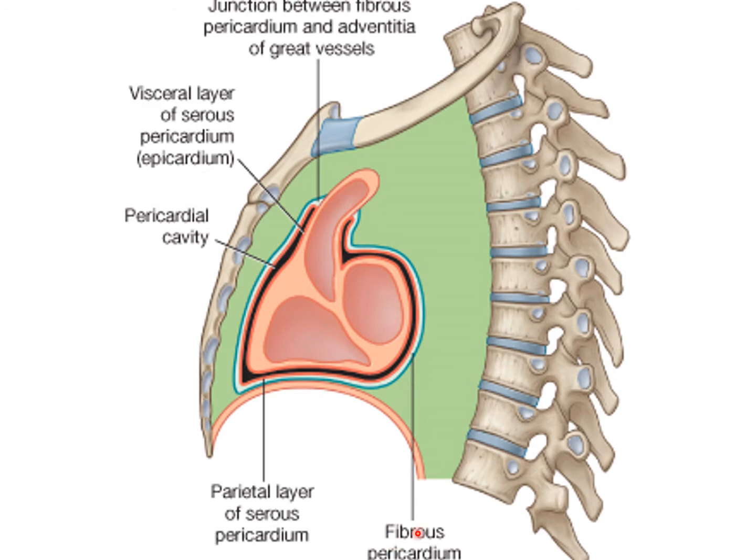The outermost blue line indicates the fibrous pericardium. The fibrous pericardium is truncated cone shaped. It is a cone shaped bag with its apex directed above. It keeps the heart in position and prevents over-distension of the heart. The fibrous pericardium is an open sac and blood vessels pierce it. So here it is open, where the blood vessels open. So it shows the blood vessels, and this is the open sac of the fibrous pericardium.